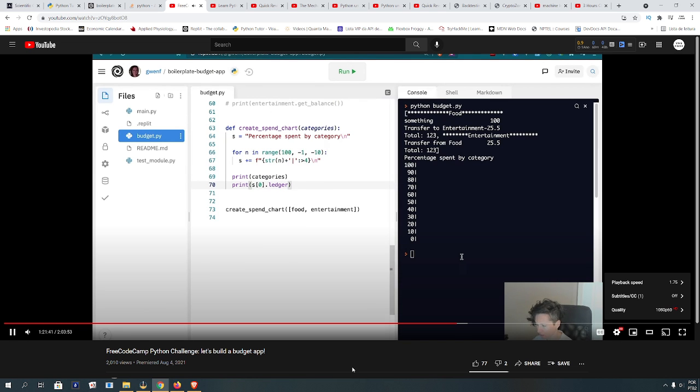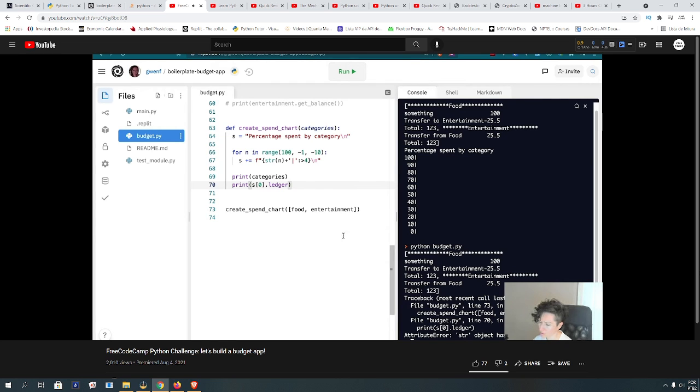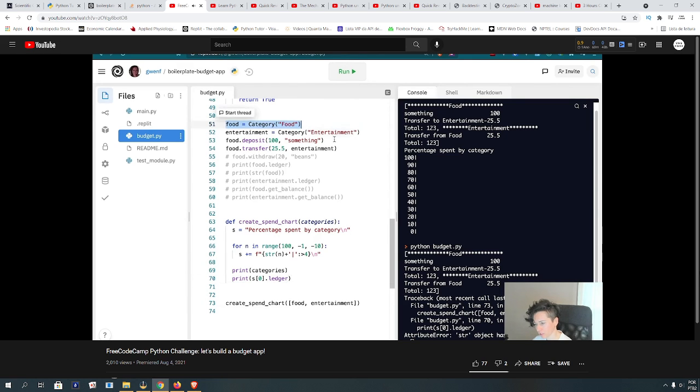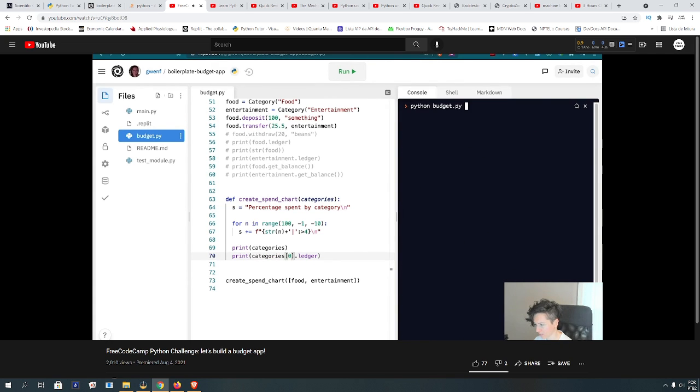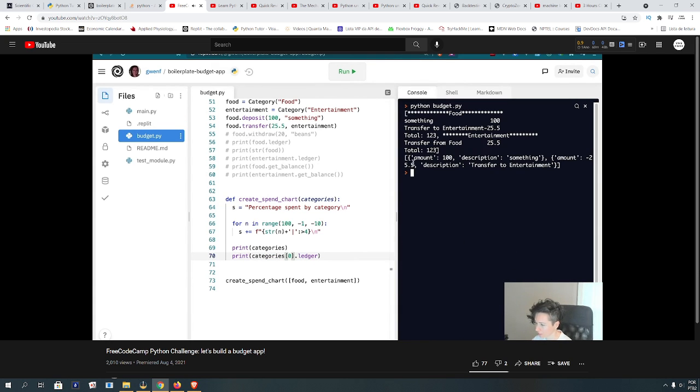Ledger. Let's see what that does. Oh, attribute ledger, probably. Okay. So this is an instance here. My deposit transfer. So here, oh, I'm doing a string. What I meant to do is categories. That's why. Cool. So the amounts. I can total the amounts. I guess that's what I should do for each category. Okay, so I need the total for each category, or I guess just the total spent. So let me just write this. So I need to figure out